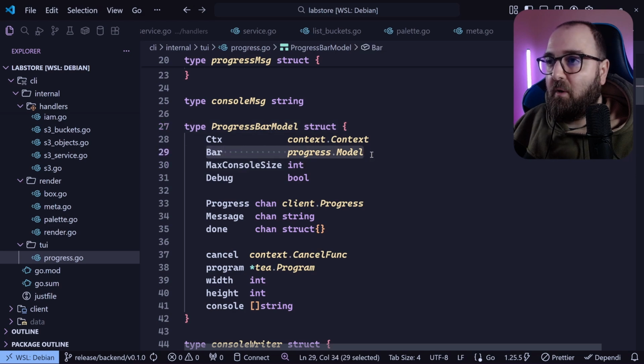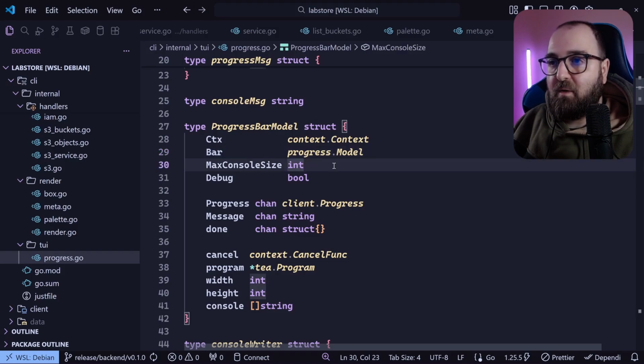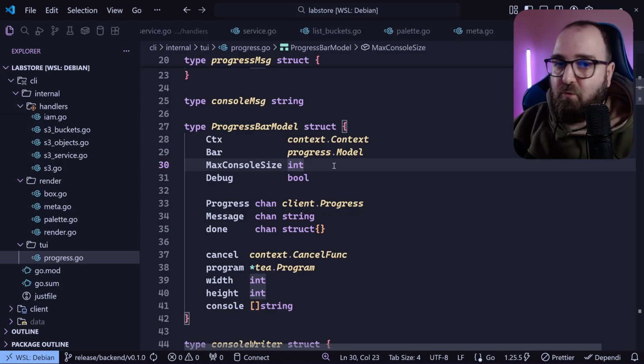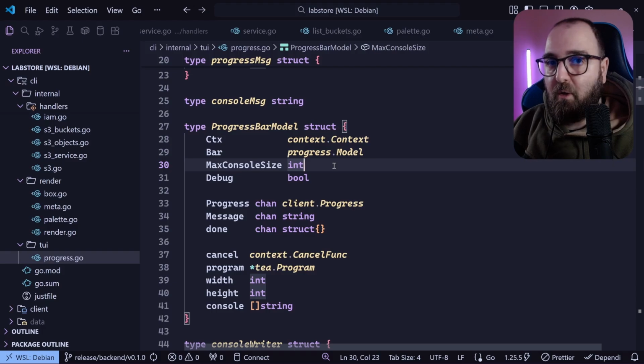So we define our progress model over here, which is our progress bar. We set the max console size, because we'll have the console. If we don't have a maximum size, then this will be progressively slower, because we'll be keeping in memory a huge array of strings that correspond to each line in your console, and this is very slow to continuously render and keep in memory. So we need some circular buffer over here, and this is why there is a maximum